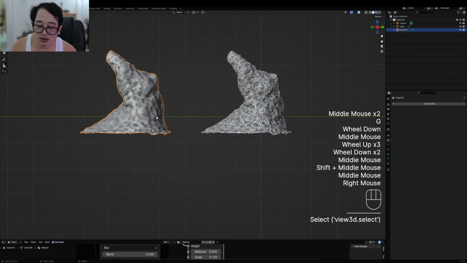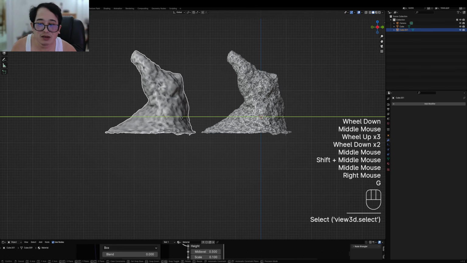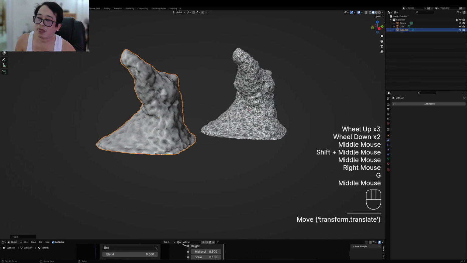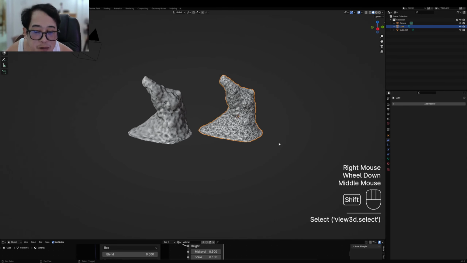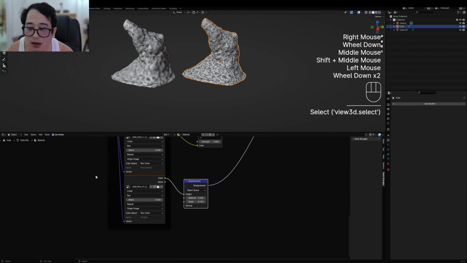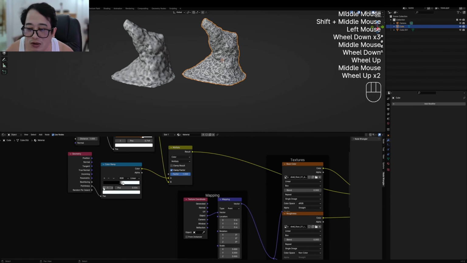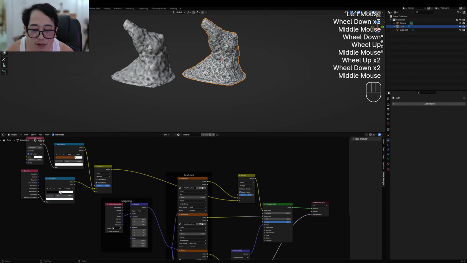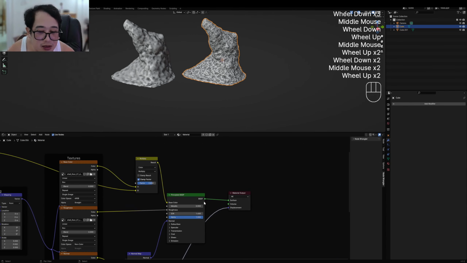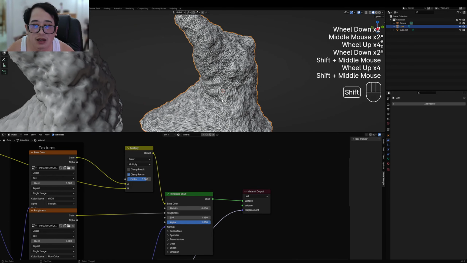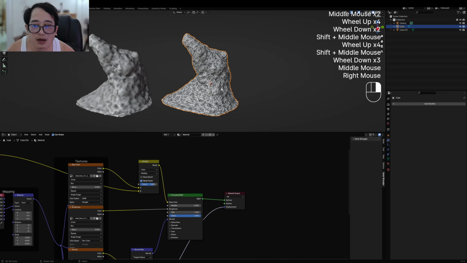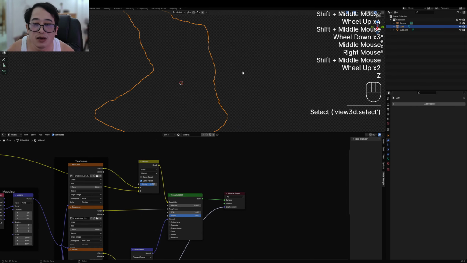But I think you can get a pseudo displacement by using the pointiness node, plugging it into an image shader, then plugging it to the material output. So in the bake, you will